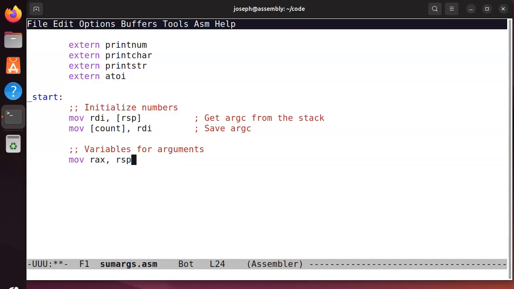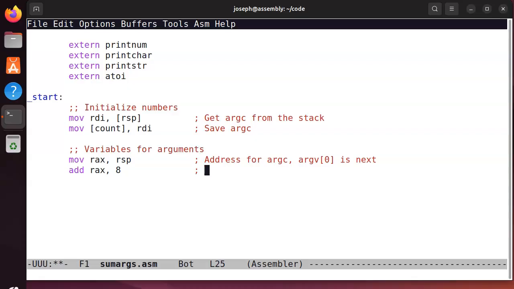So I'm trying to get my offset right now. So this is the address, it's actually the address of argc, but argv0 is the next one, is the next number. So the way I do that is I just add rax 8 in order to get